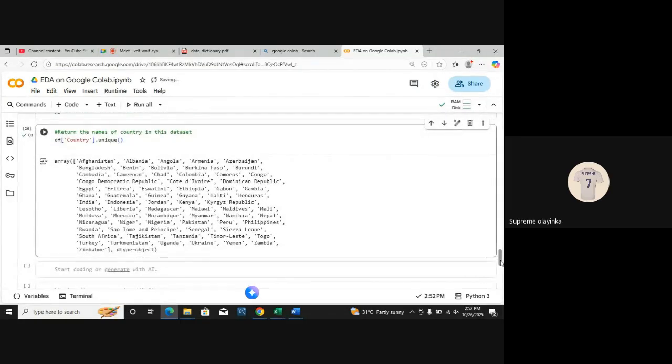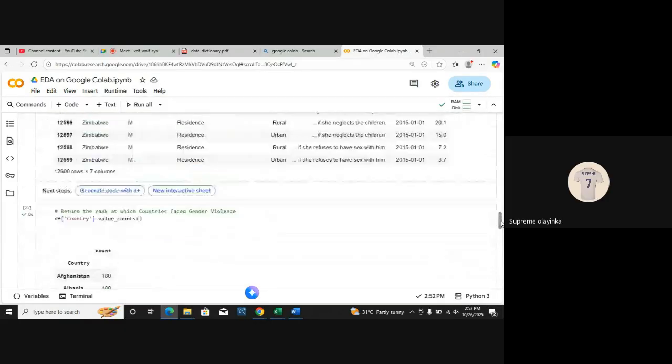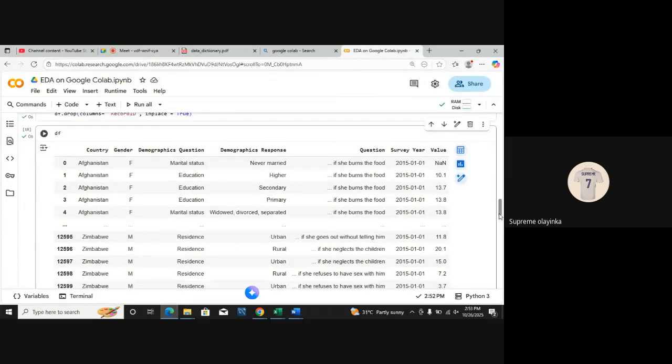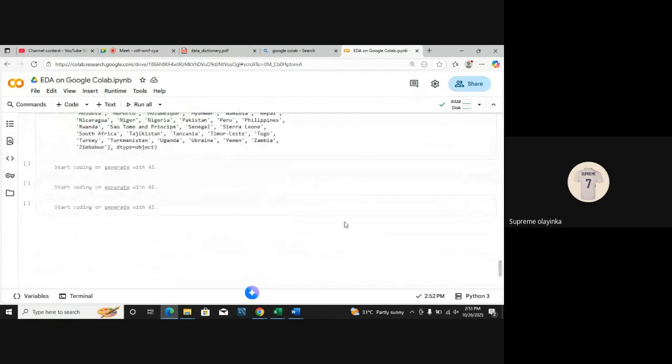So we can see we've explored the country column. So now what's the next column? I want to count which gender suffers the most. But before that, let's replace this one. I don't want to see F. I want to replace it with female. Once you replace the values inside this gender column, F will be replaced with female, while M will be replaced with male. So how do I go about that? Anyone who can help?